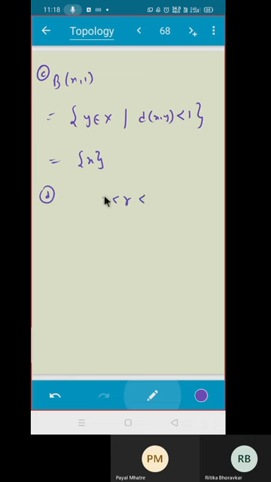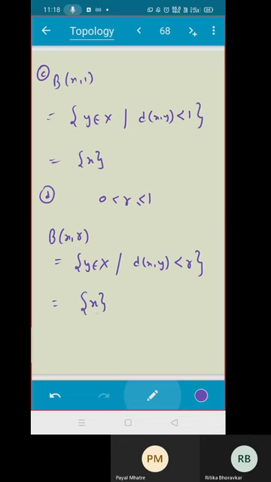If your R is something between 0 to 1, something like that, correct? What is your conclusion, Shreyas? It will also contain singleton x. Yeah. And the only point in this, you can see that it will always be the singleton set {x}. That is, it contains only the center. Do you agree? It means it is an open ball, but if it is an open ball, you can talk about an open ball with radius 0. That means it contains only the center. Agreed, everyone.